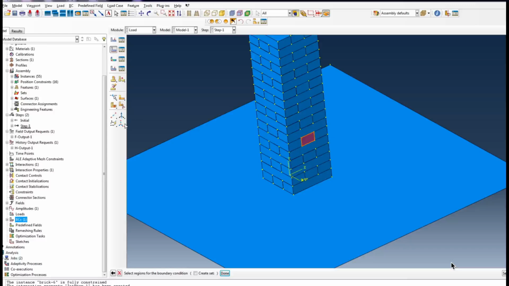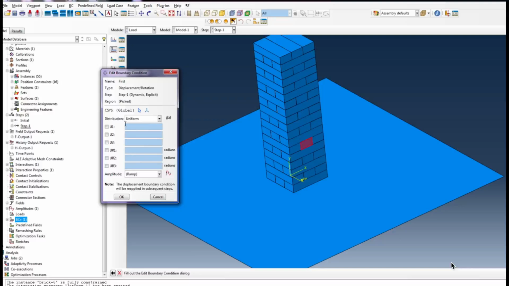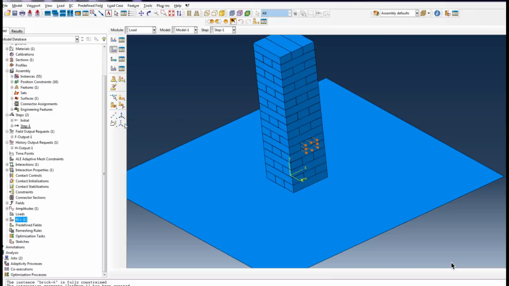Click done and select U3, put the value of 100 millimeters, and let's click this amplitude 1. Nice, perfect. So what I could do it on several bricks in one step,